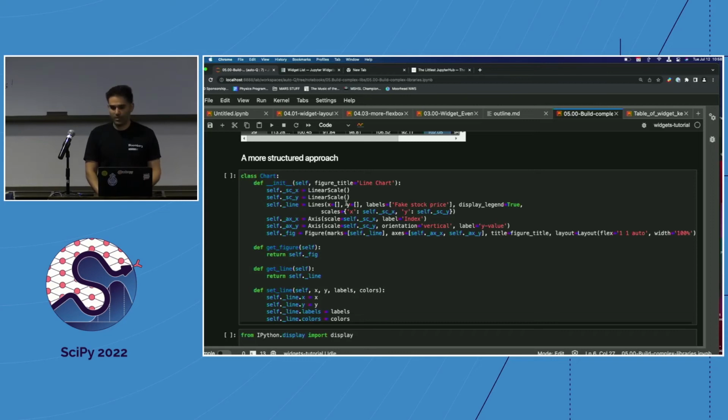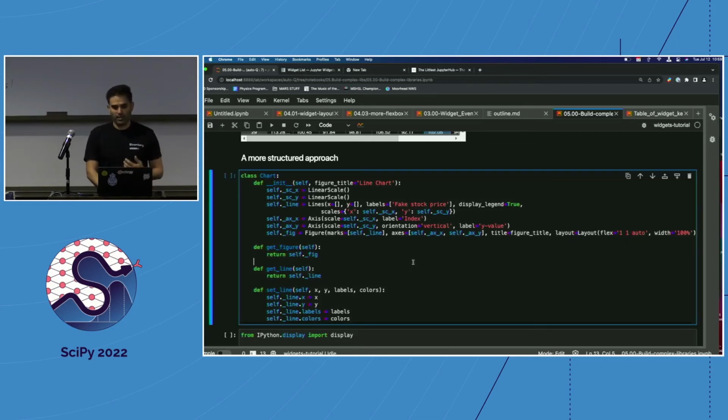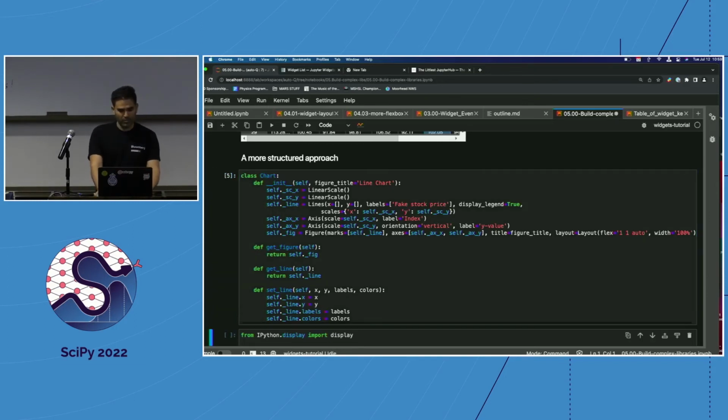You probably don't want to have all these variables laying around. You want to have a single class that encompasses all of that state in a single place, right? And then, when interacting, you probably don't want to change the attributes of that class directly. You probably want to have setters and getters, and that's what we're doing here, right? So we have a get figure, which returns the figure, get line, which returns the line that is currently plotted, and set line that takes the x and y coordinates, labels, and any colors if you want your lines to change their color. So that's the class chart